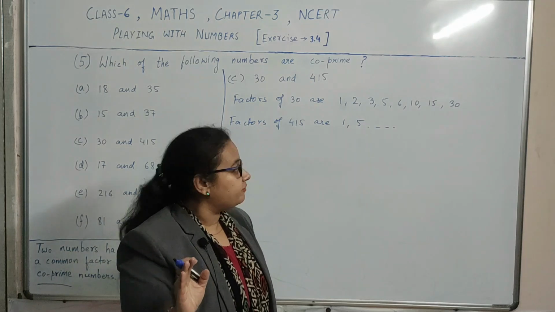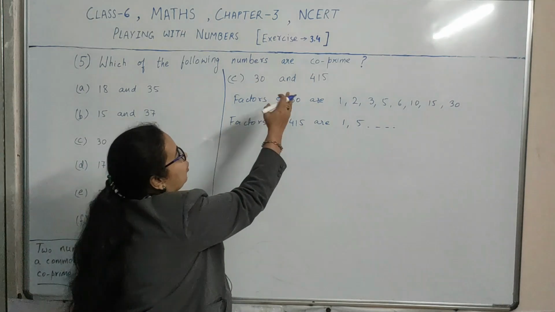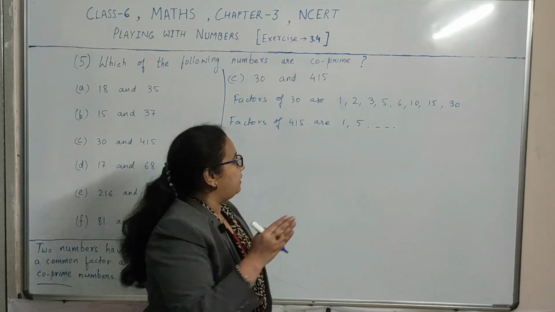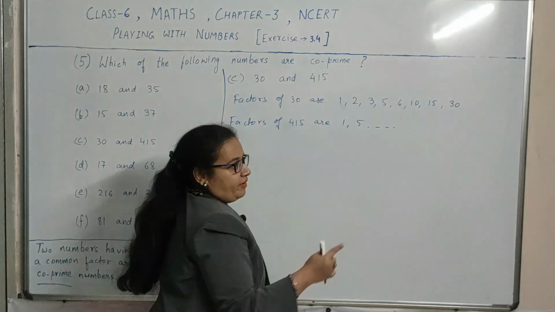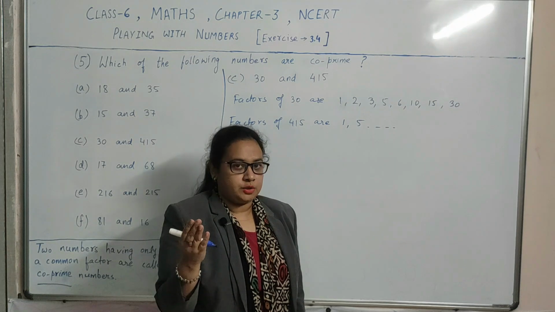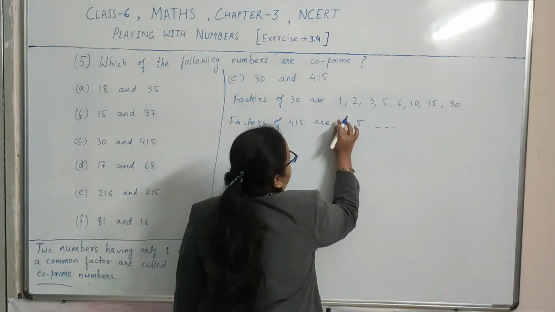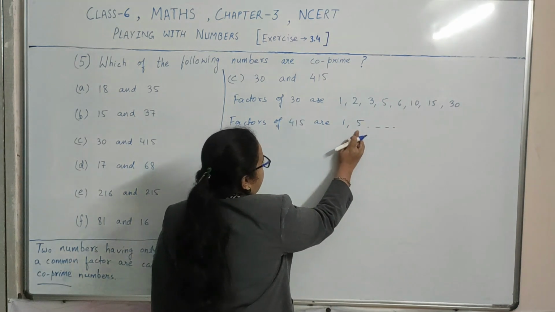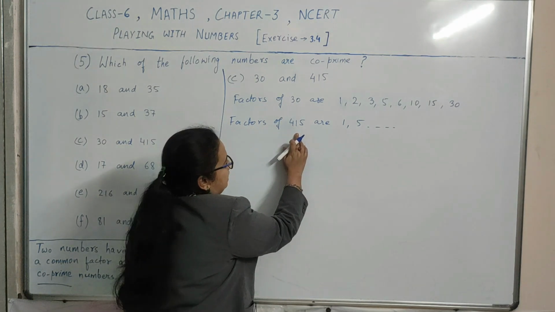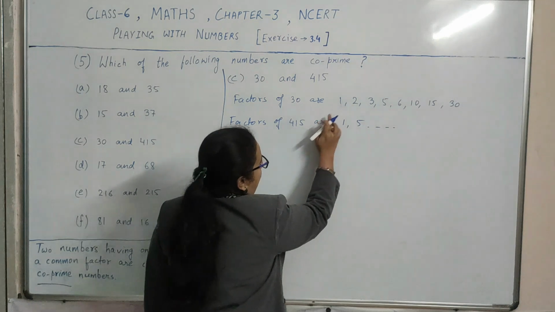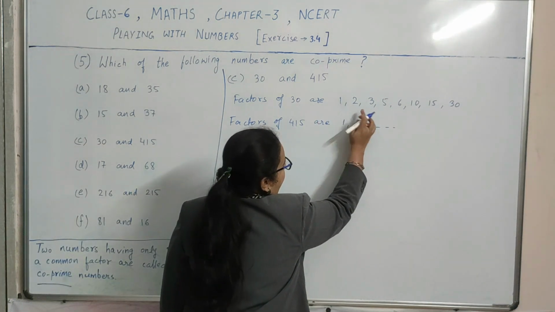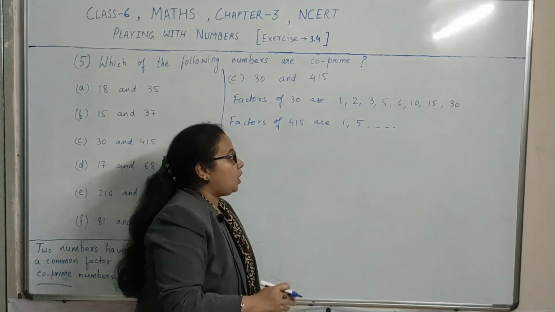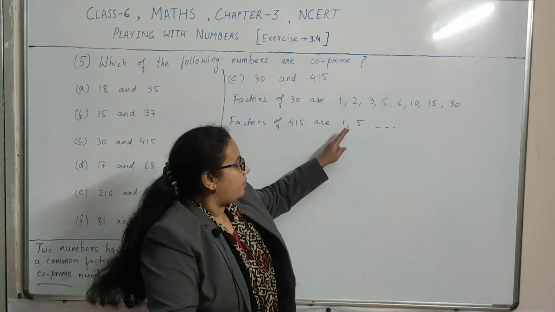But we don't need to find the other factors, because to find whether the numbers are coprime or not, we need to find whether the numbers have only 1 as a common factor or there is another common factor also, right? So what we found here, 1 is the common factor and the other factor is 5. 5 is the factor of 30 and 5 is also a factor of 415. It means the common factors of 30 and 415 are 1 and 5. So we don't need to find the other factors, because up to 5 we got two common factors of 30